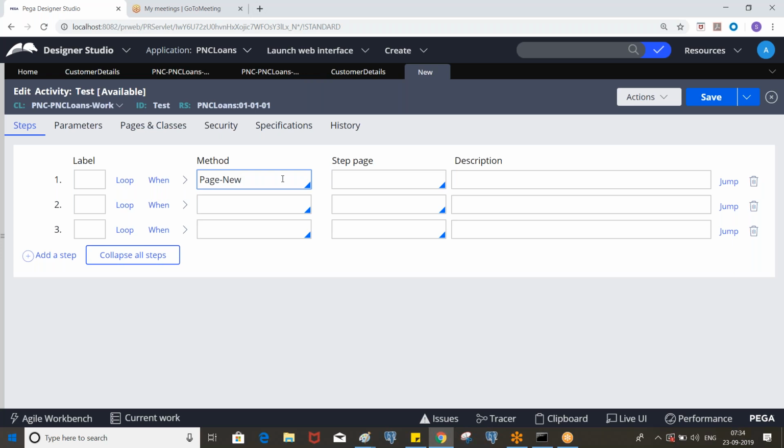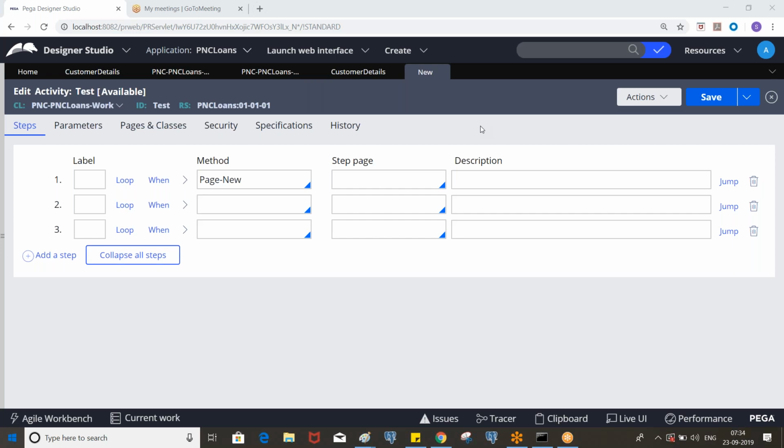Put the heading Activity. In the bracket, you can put Rule-Obj-Activity. So activities are instances of the class Rule-Obj-Activity. Activity automates the business processing.